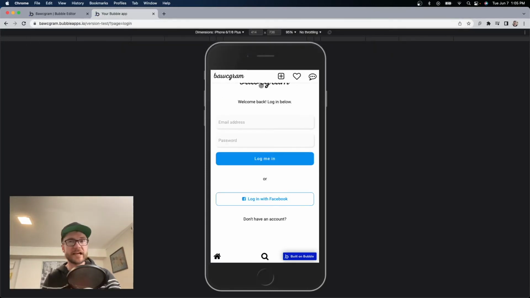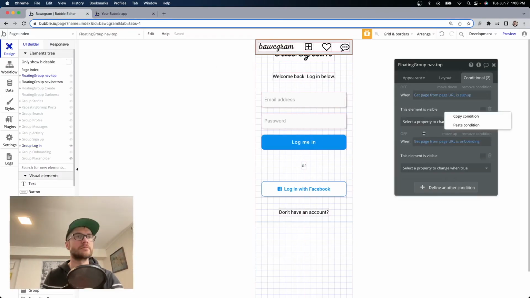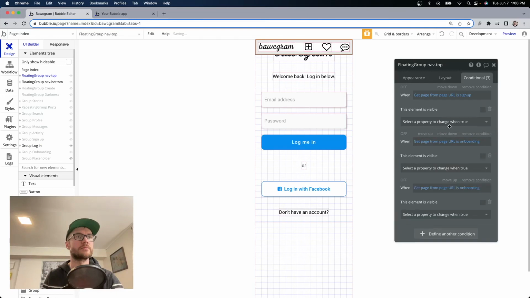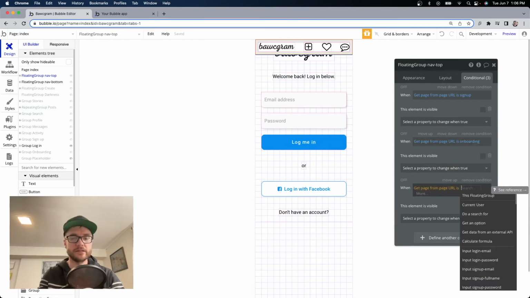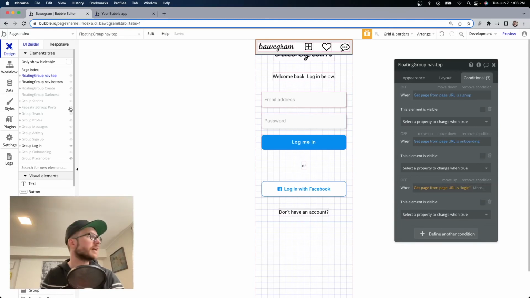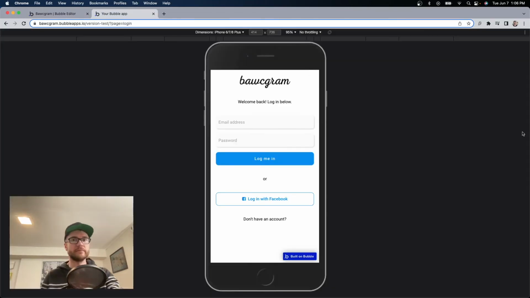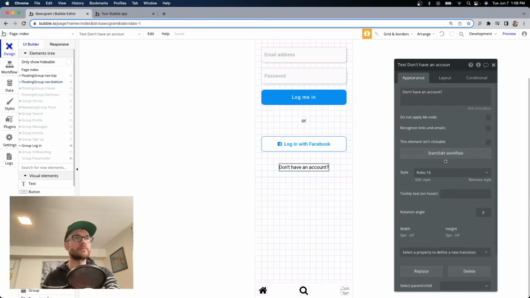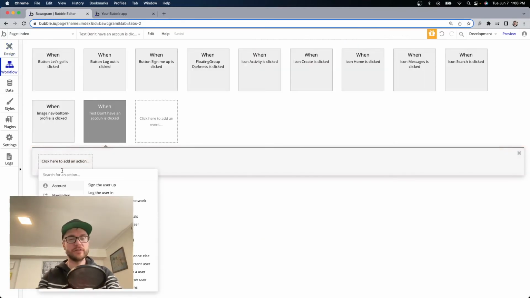Here it is. And one more time, we have to take out these navigation menus. Copy paste, and when it is login, we also want to hide these floating groups. Perfect. So what happens when you click don't have an account? Let's put an action there. Start workflow, add an action. We're going to go to page,